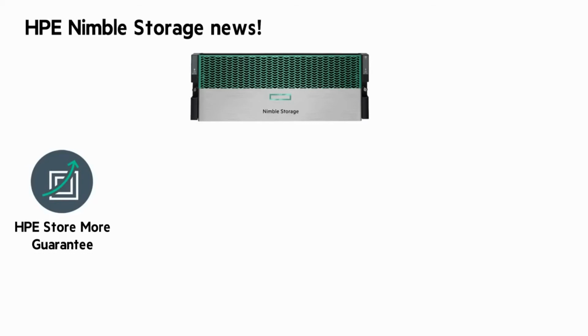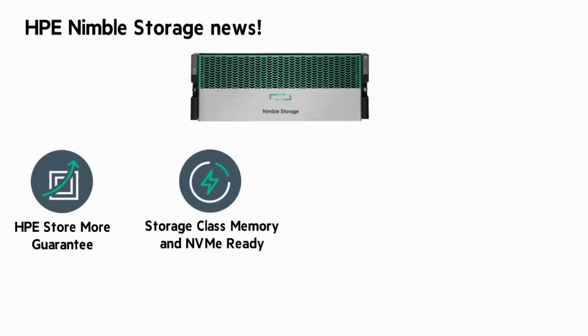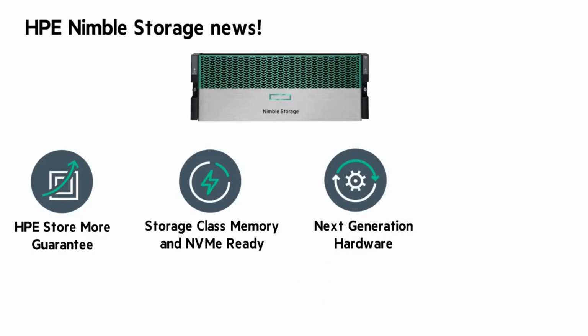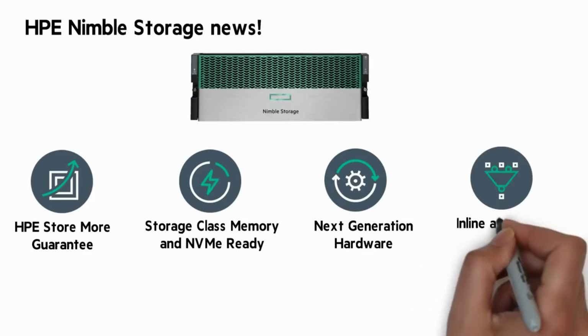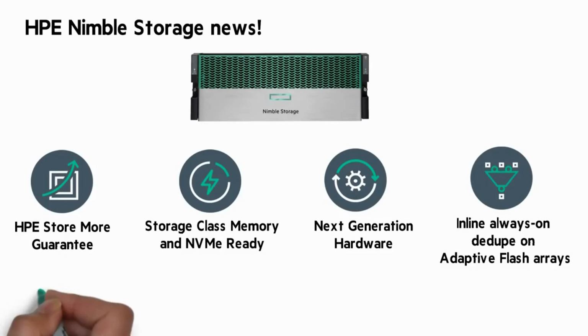HPE Nimble Storage is storage class memory and NVMe ready. More on that in just a minute. I'm really excited to share with you the next generation of Nimble storage hardware, including our all-flash platform that delivers up to 220% better price performance, and I'll have a lot to say about that new Nimble hardware. The last bit of news is we now have inline always-on deduplication with our adaptive flash arrays, the industry's most